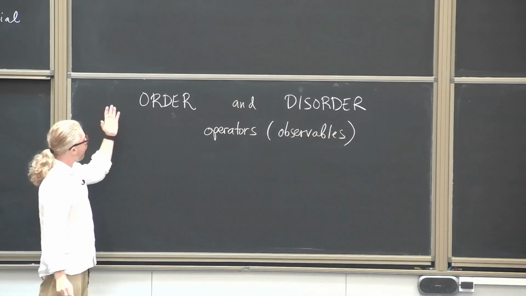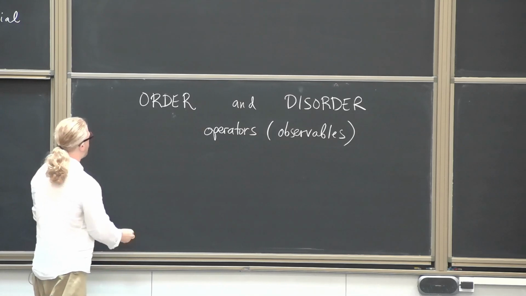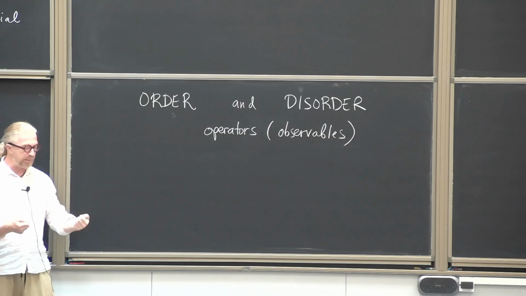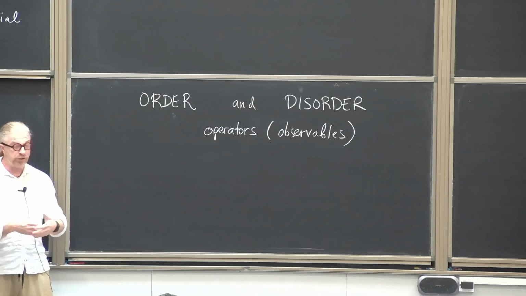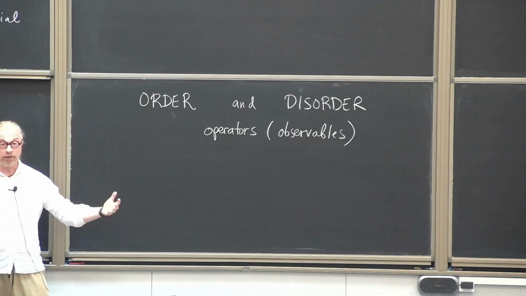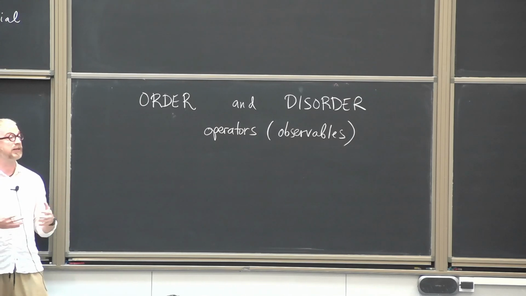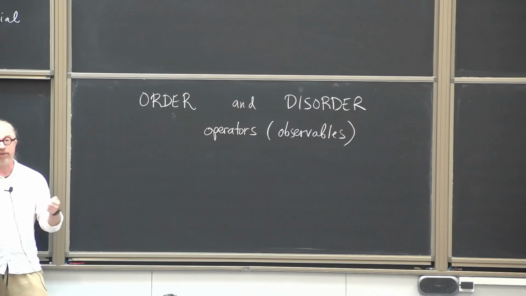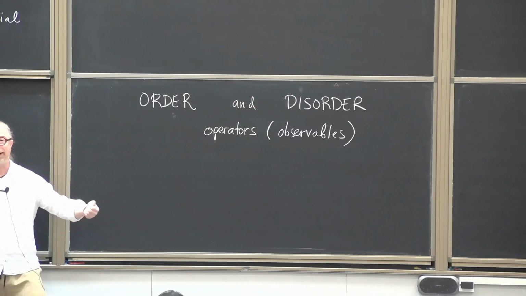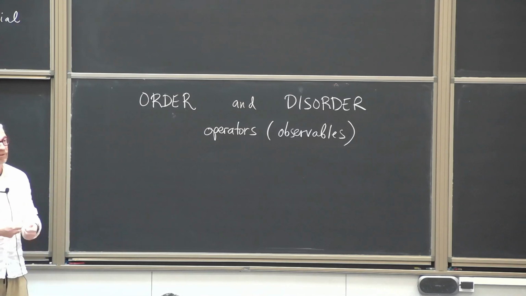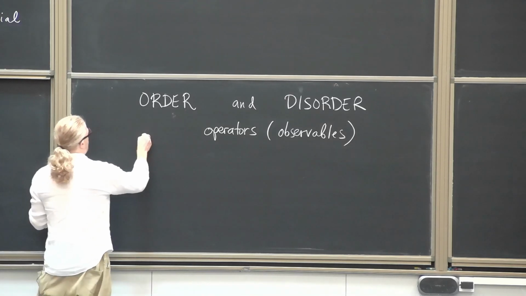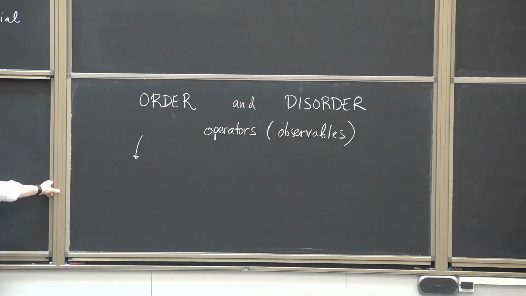Okay, so what's the difference between order and disorder? Well, order operators are something which can be defined simply. Your original problem is some measure on some measurable set, maybe complexified measure, and your order operator is just a function on this measurable set. So something which you can easily define, whose expectation value you define simply as an integral against the measure. So, well, it turns out that there are smarter ways of organizing